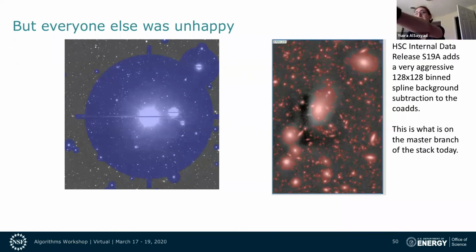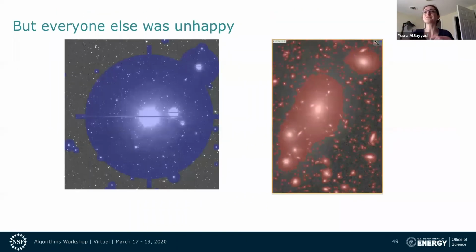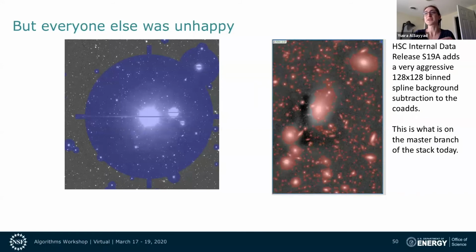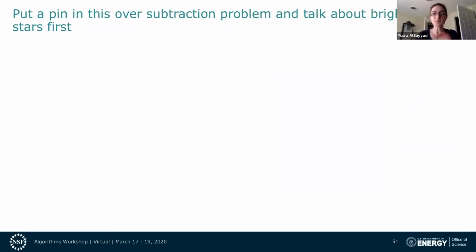So the red mask areas, those show your detection footprints. Oops. And this is the PDR2 version, and this is what we're doing on the master branch of the stack right now. So you can see that right now we are over subtracting around bright objects yet again. Okay, so let's put a pin in the